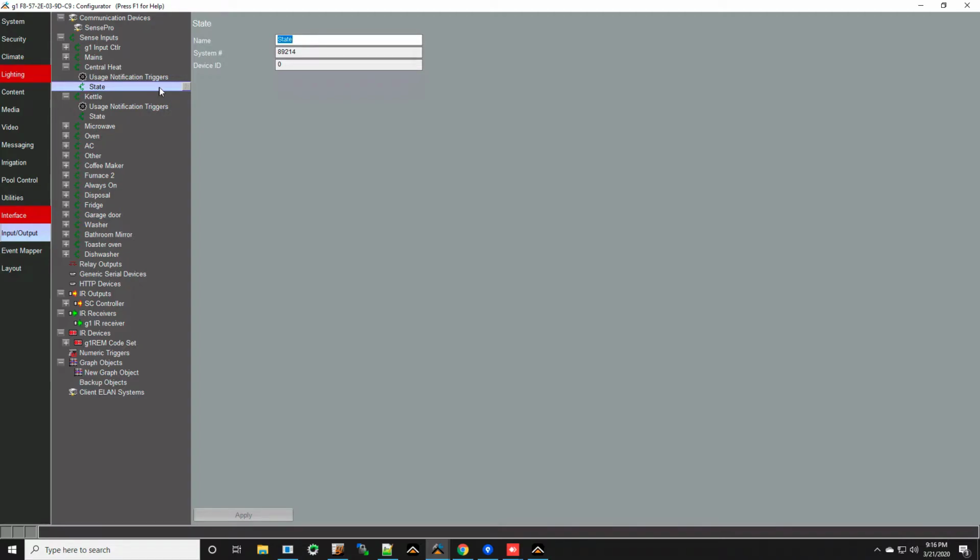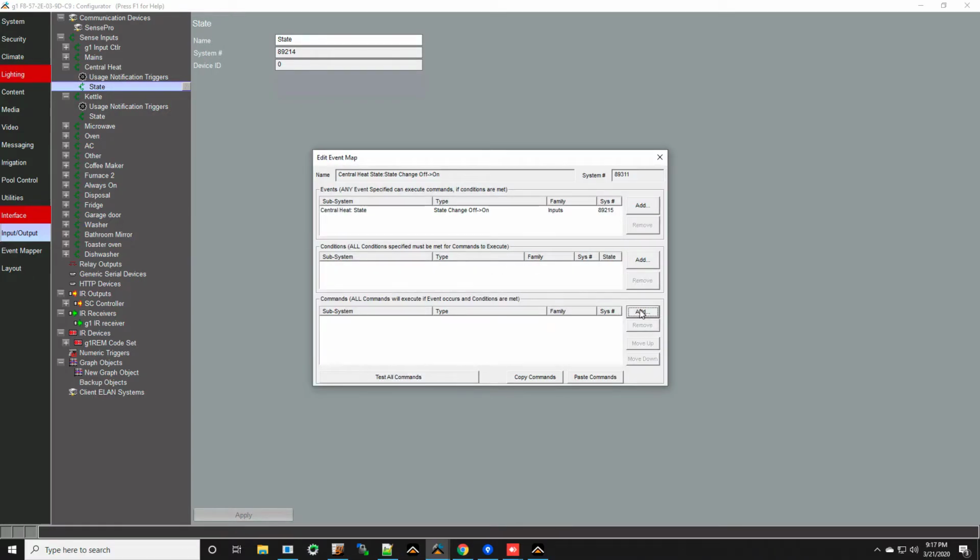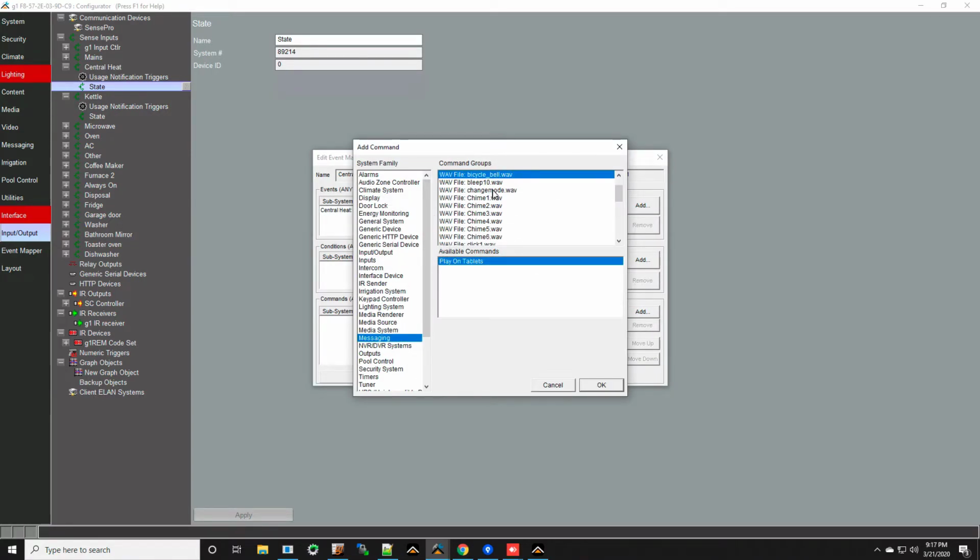The state is simply to tell us whether the device has gone on or off. And in order to create one of these event maps, you just go to the state, let's give it a title, so that will make it easier to identify. And now we can add whatever event, maybe a message that will play on the tablet when this device is